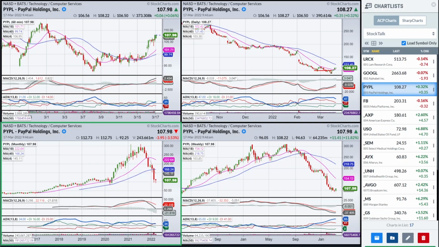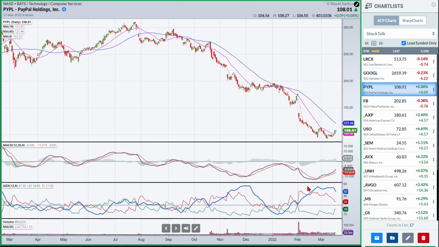Now look at what's taking place here. We've got MACD divergence taking place. Okay, we've got a lower low in price and a higher low in MACD. So that's going to get me thinking about this automatically. But I do want to zero in on this for a specific reason.